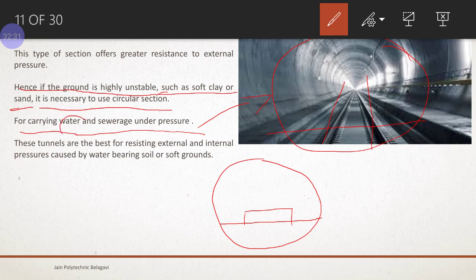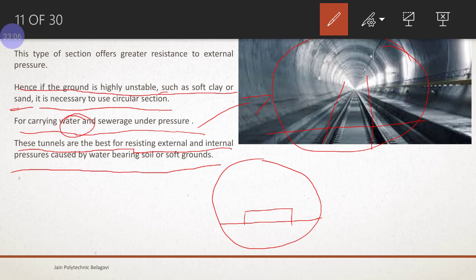Mainly it is used to carry water. These tunnels are best for resisting the external and internal pressure caused by water bearing soils and soft grounds. Wherever the soil is soft and contains water, in those cases we provide circular sections, and these circular sections are not for road or railway transport facilities.